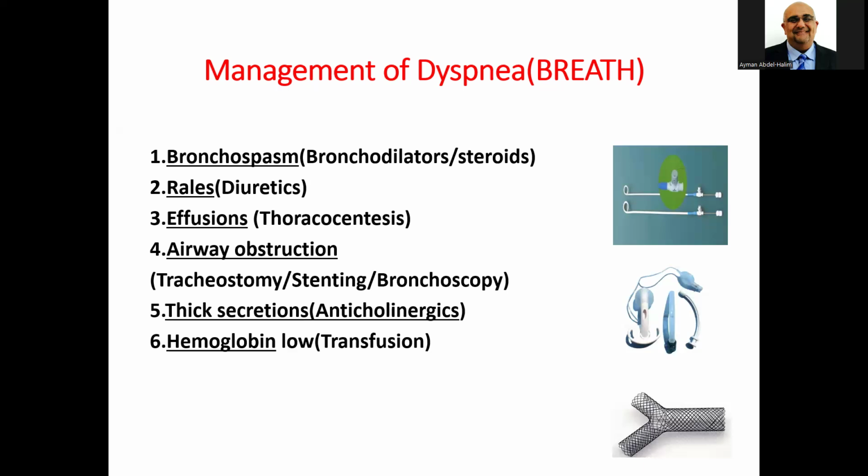Anemia. Okay, we said the two main causes of dyspnea are both cardiac and pulmonary, right? But there are other causes. One of them is anemia. This is a systemic cause, and we see it a lot. And I want to say that as a palliative care physician, I do give patients at end of life, sometimes, I give them blood for the purpose of the fatigue and the dyspnea.